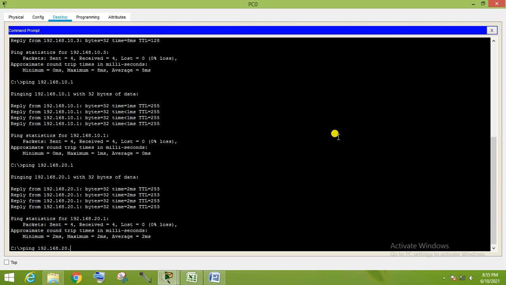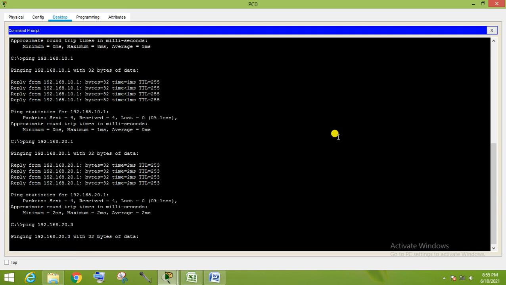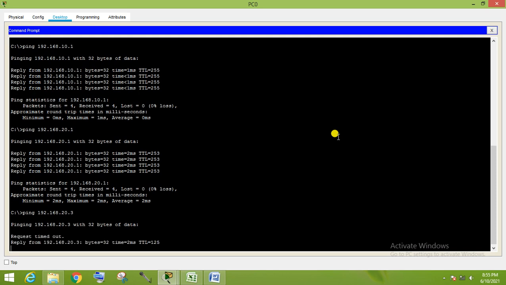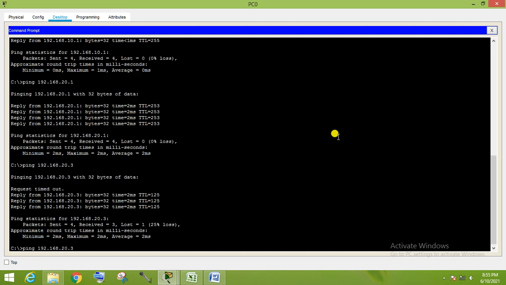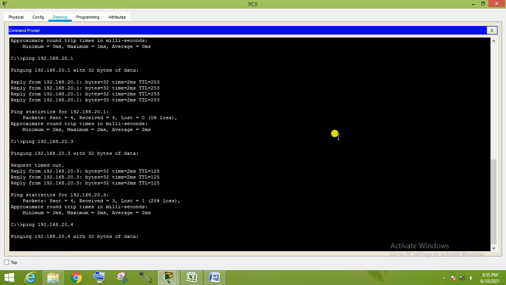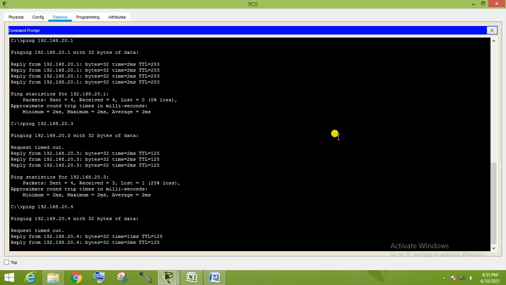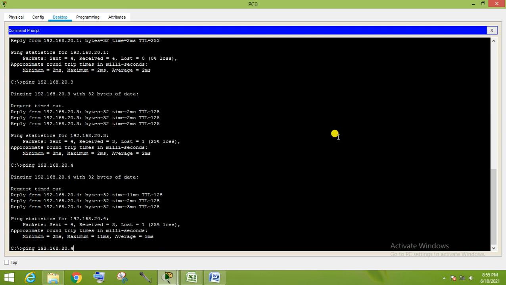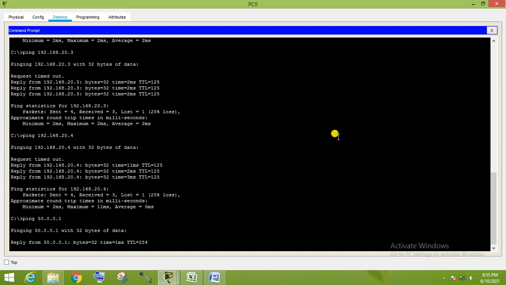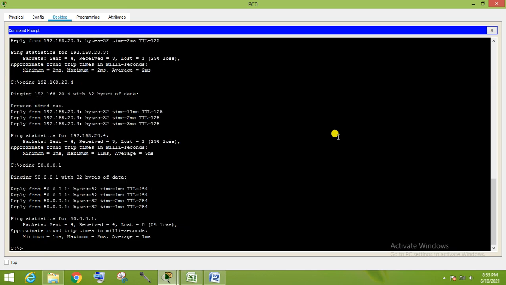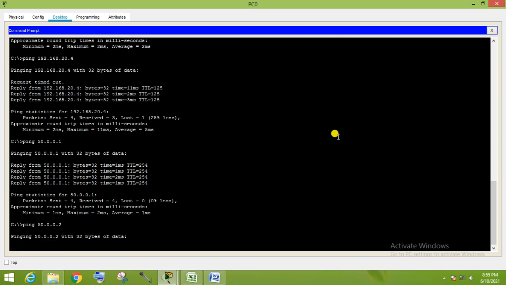Pinging to 20.3. It will take some time. Okay, it's also pinging. And 20.4. It's also pinging. Okay, and we have to check the Google server 50.0.0.1. Yes, also pinging. 50.2.